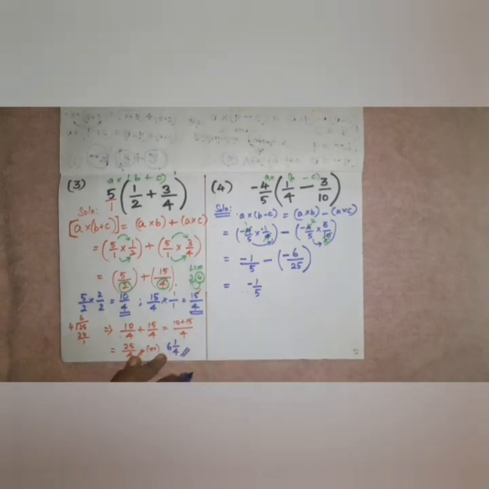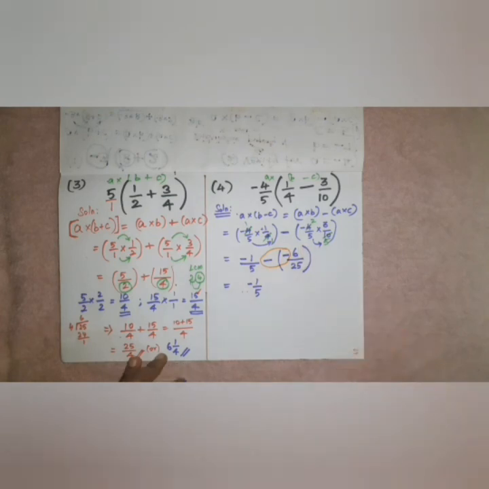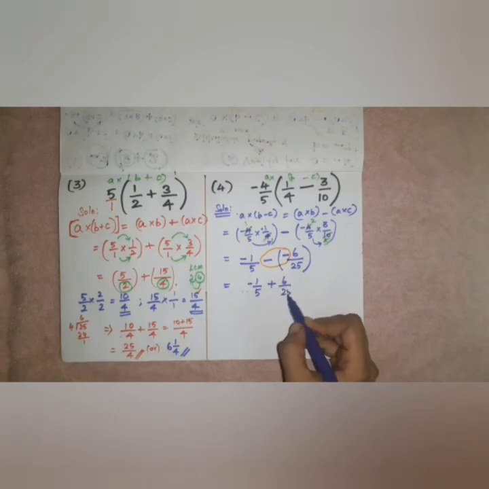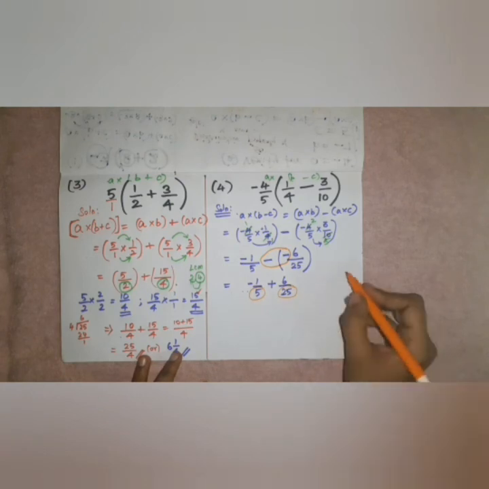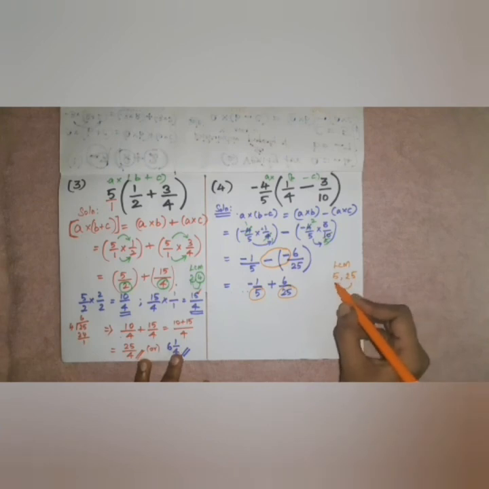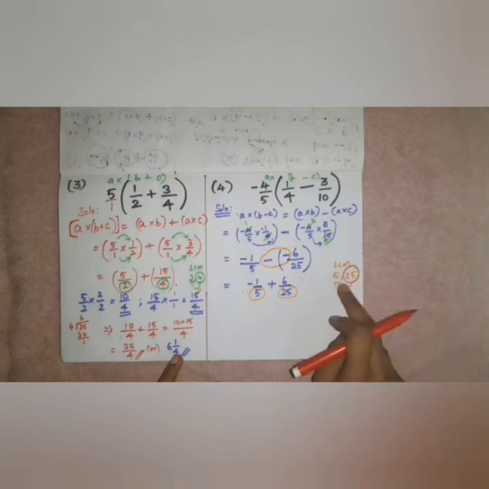There are two signs, minus and minus. We club them together and put a single sign. So it's minus 1 by 5 plus 6 by 25. Again, the denominators are different, 1 is 5, 1 is 25. We take the LCM of 5 and 25. The greater number is 25. When I check with the 5 table, 25 is divisible. Then 25 is the LCM.